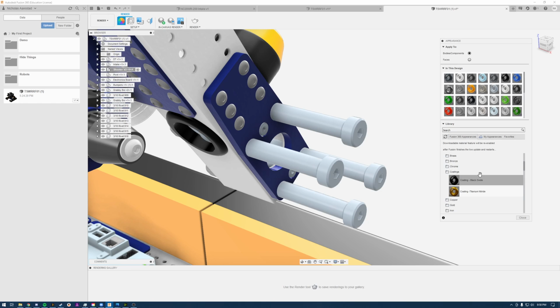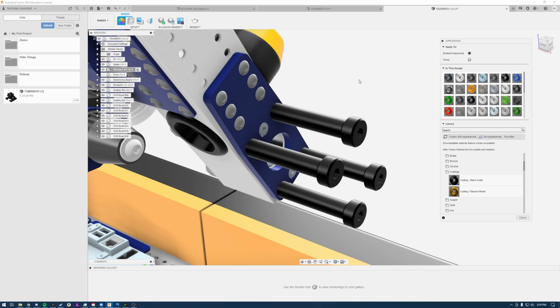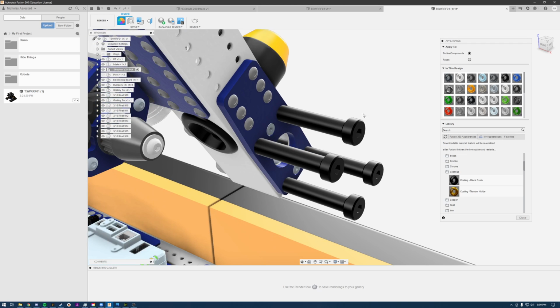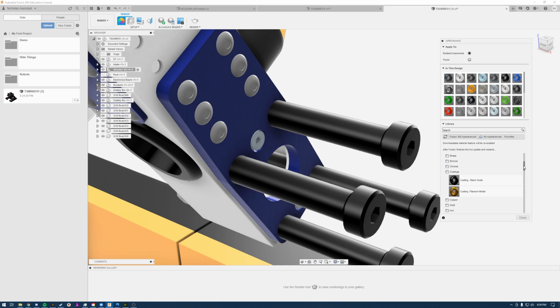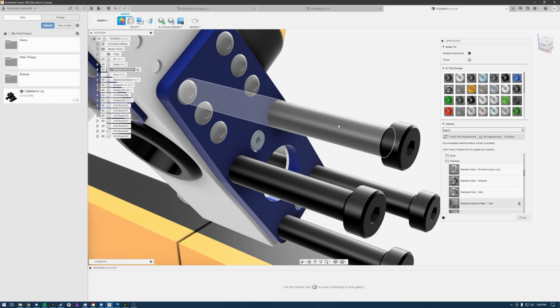Yes, black oxide coating. And so if I want these to be black with that silver, I can take that and then where's my steel? We'll do it as stainless steel and then say,